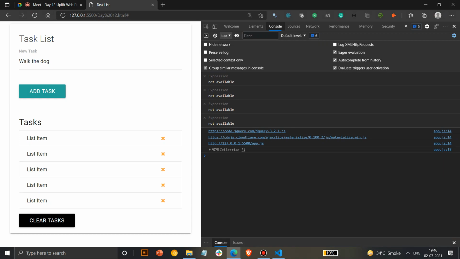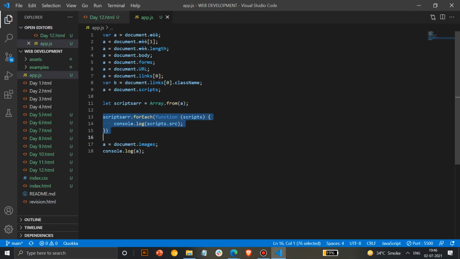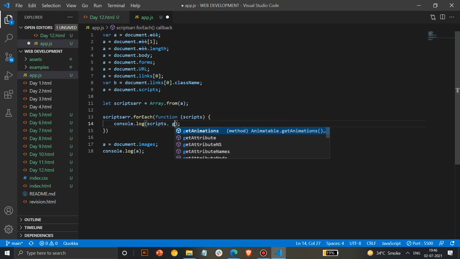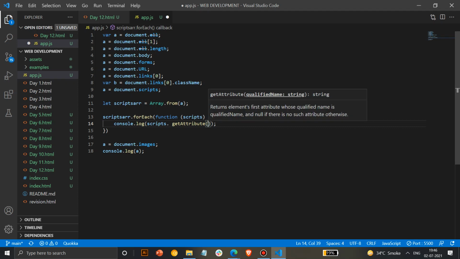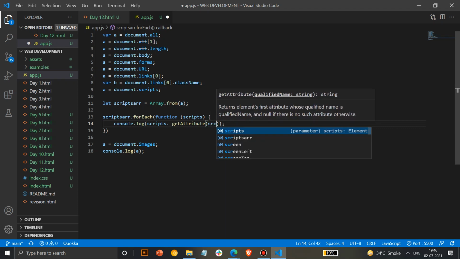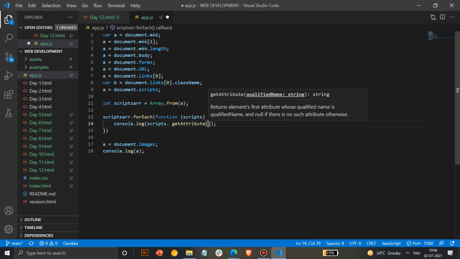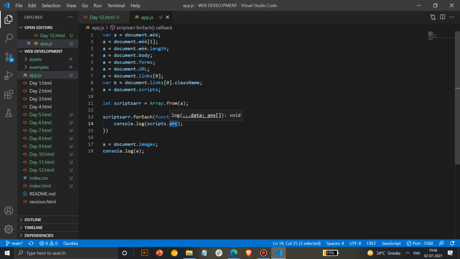Moving on, with images you can also get a specific attribute. Here you can use getAttribute, and in it you can specify whatever attribute you need. If you have to use source, you can use source. You can write source or src, anything, but src is easier to use, which is why I've used src directly here. You can use any of them.